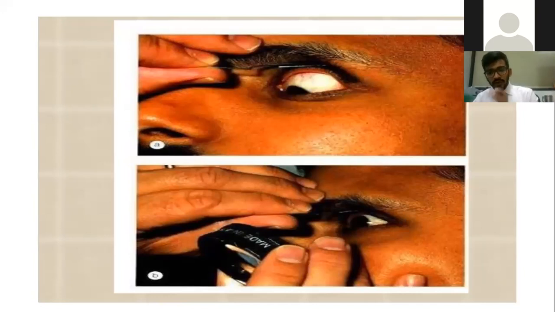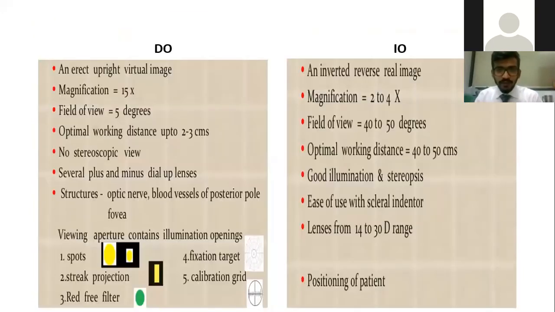Even while viewing, first start with the posterior pole and then move to the superior or superior nasal, wherever you want to start, and then maintain a clockwise direction. This will help you in documenting all the findings that you see on the IO.